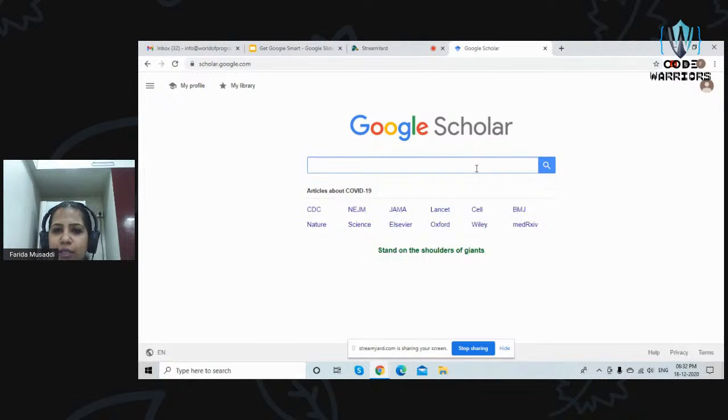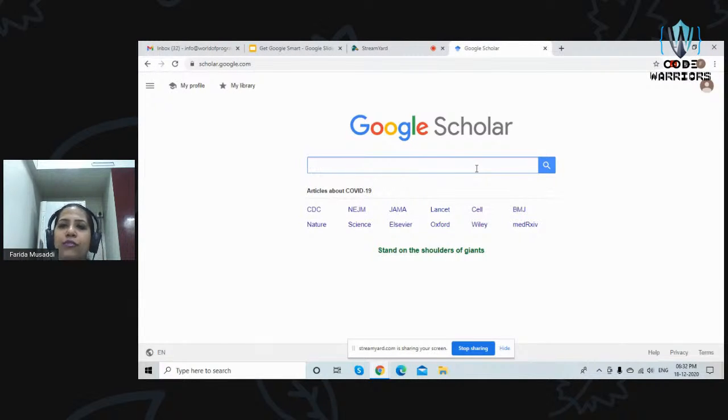So you can just type whichever journal or publication you want to read, and it will show you things related to that. So Google Flights related to travel, Google Scholar related to articles and publications and reading material, and Google Shopping, which is only related to shopping.